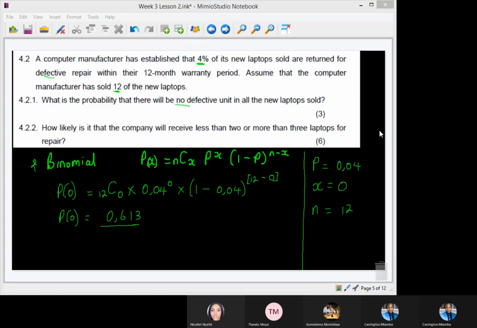Right, let's go to 4.22. It says, how likely is it that the company will receive less than 2 or more than 3 laptops for repair? Right, this one is quite big. First of all,